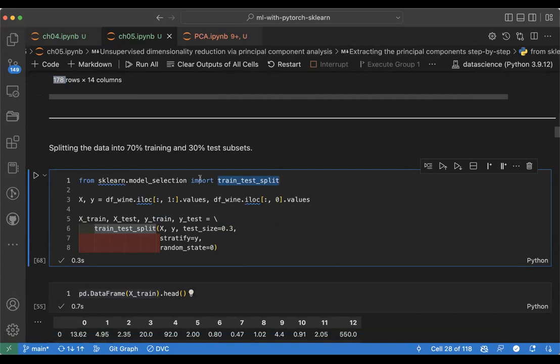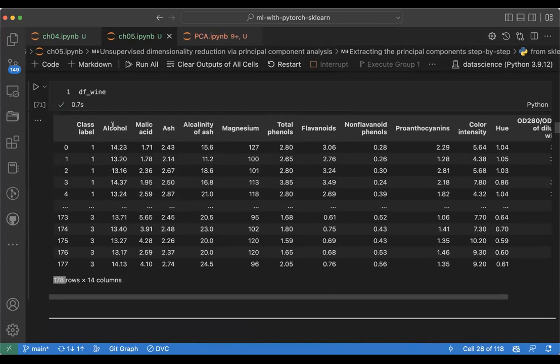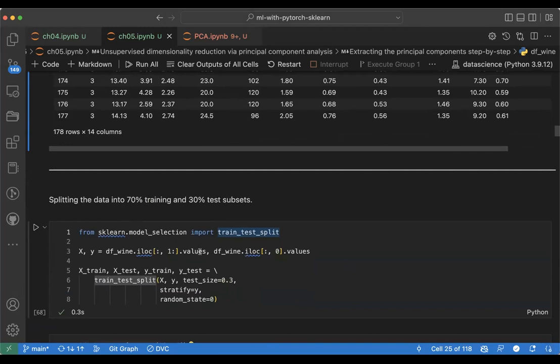But here we basically want to take the values without the headers. Remember, we discussed this last week. If we want to train a machine learning model, we don't take the labels, the headers. We only take the values, only the values. So here, what this does is